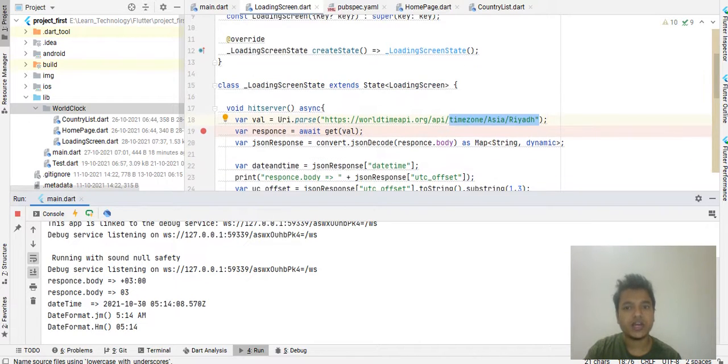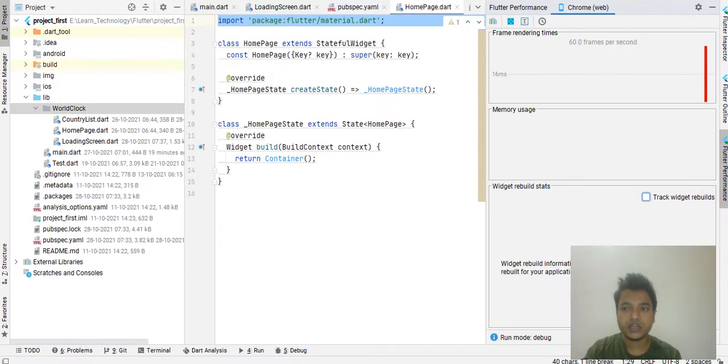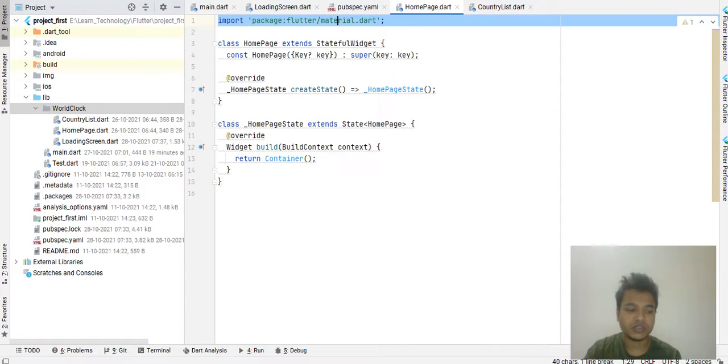Now what we have to do is pass the data from the loading screen activity page. Generally in Android we talk about activities and fragments, but in Flutter we can also say it as a page. So now we have to pass the data from the loading page to the home screen page. So go to the home page first and let's design a quick layout there where we can display the data.